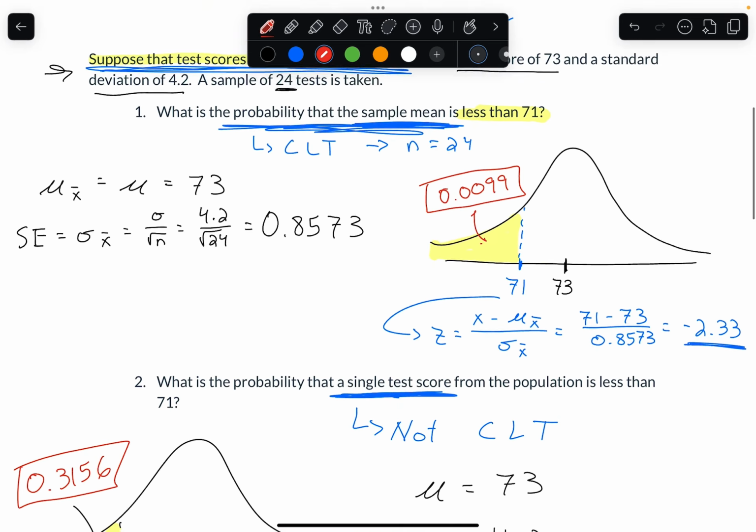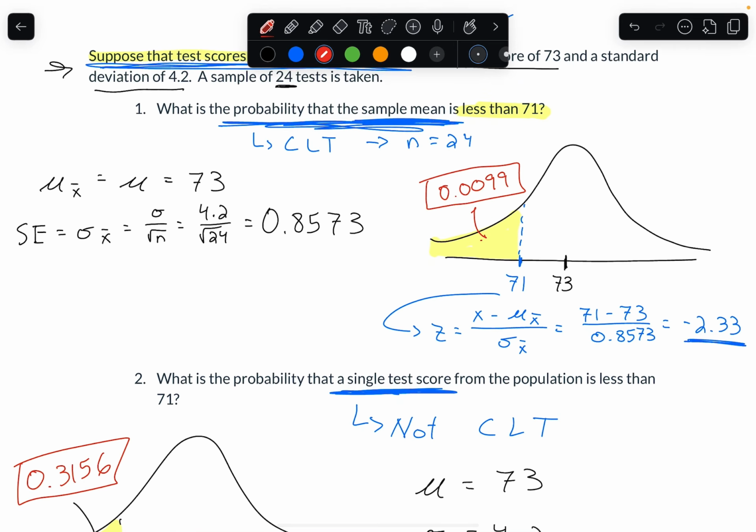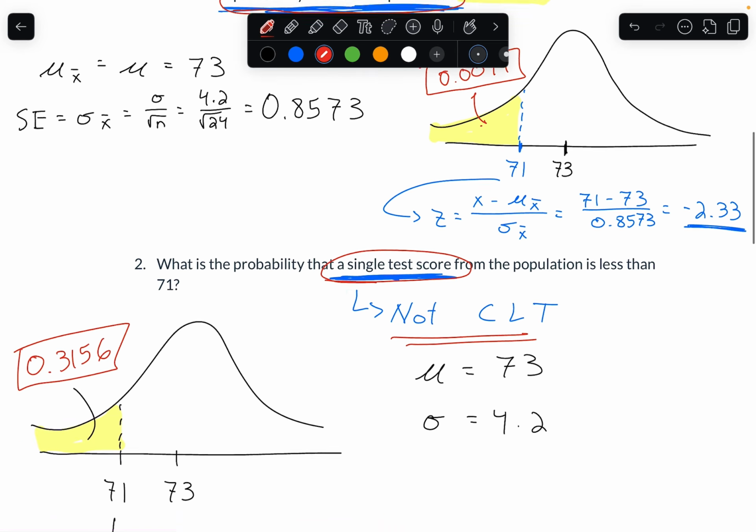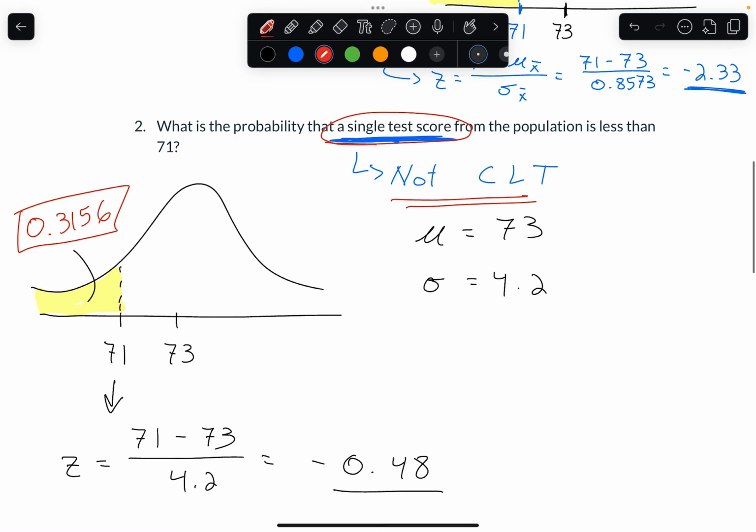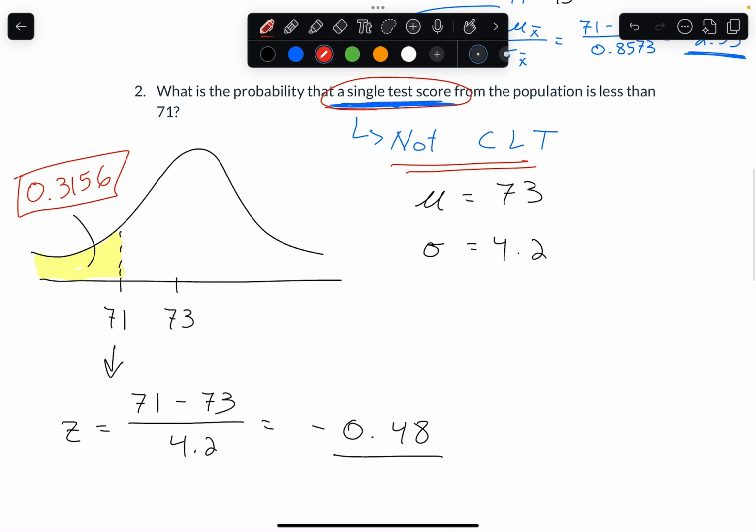So the thing that we're going to want to pay attention to in these problems, the kind of trick that we might run into from time to time, is are we talking about the probability regarding a sample mean, or are we talking about the probability of a single value from our population? If we're talking about the sample mean, that always means that we're going to use our central limit theorem. We are always using that central limit theorem. Versus if we're talking about the probability of a single individual value from our population, that means we are not using our central limit theorem. We're just using the regular old mean and standard deviation from our population, as long as we know that our population